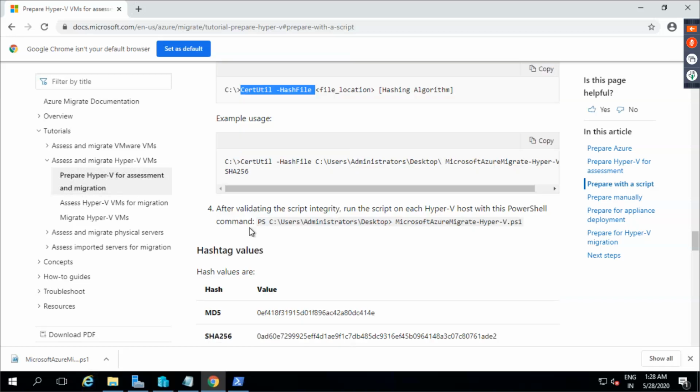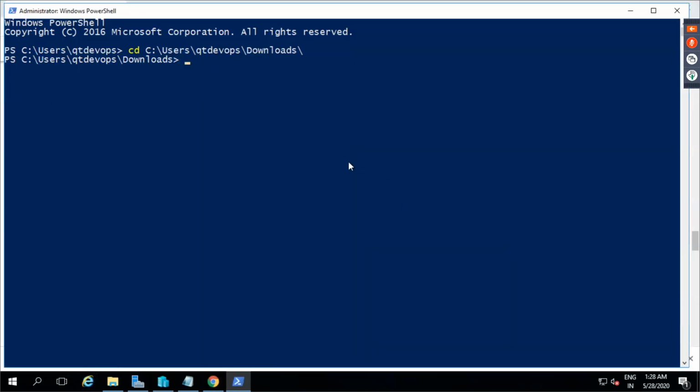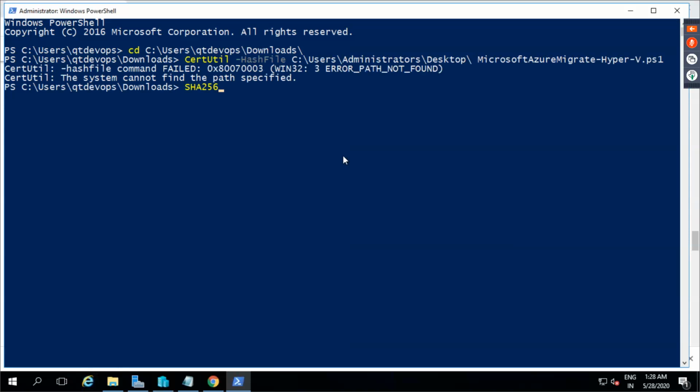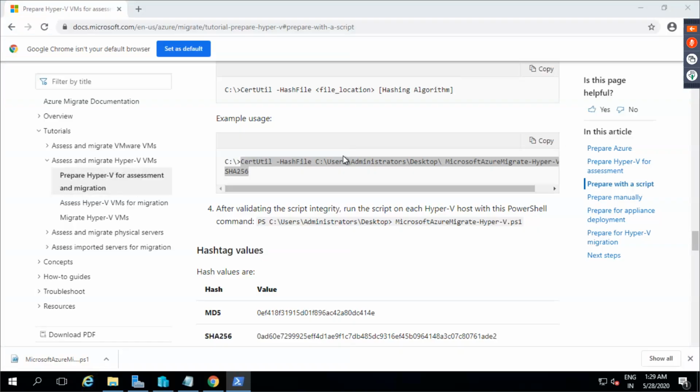So let me copy this command. Right. So what he's trying to tell us, if you want to verify the hash file's integrity, you can basically do it.